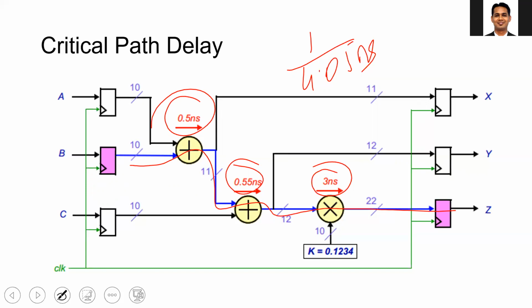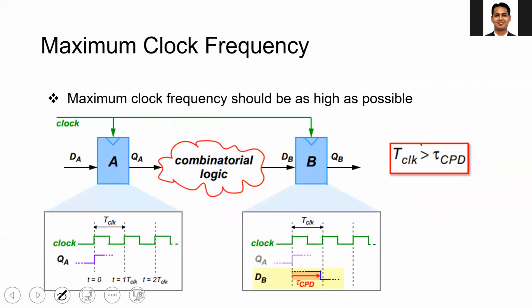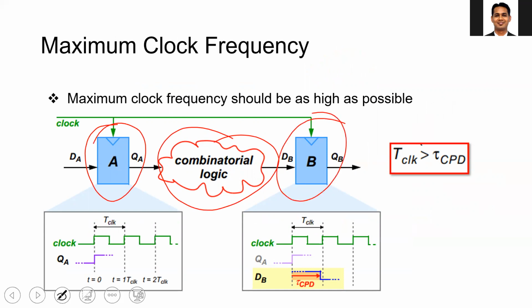So how to make this circuit work faster? That is the challenge we need to solve, because as per our requirement, we want our clock frequency to be as high as possible. To enable this, we add the pipeline. For example, this is my combinational circuit, this is my launching flip-flop, and this is my capturing flip-flop.